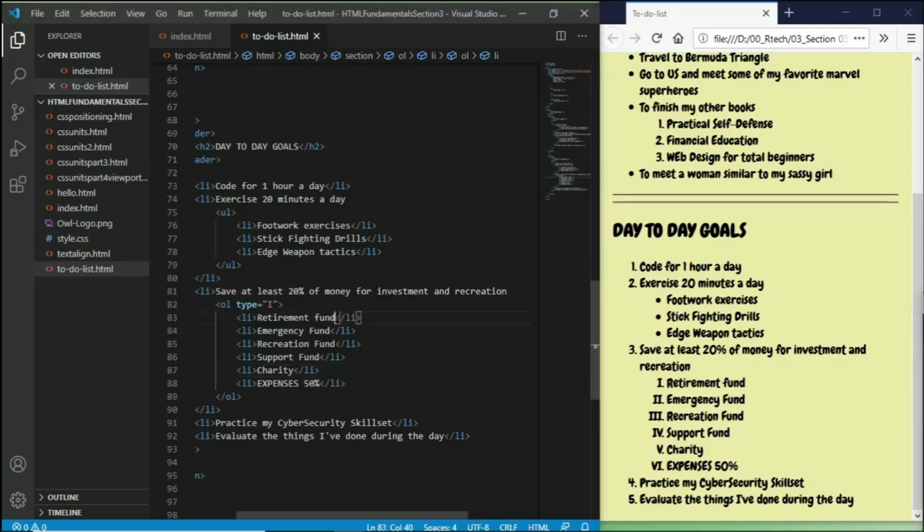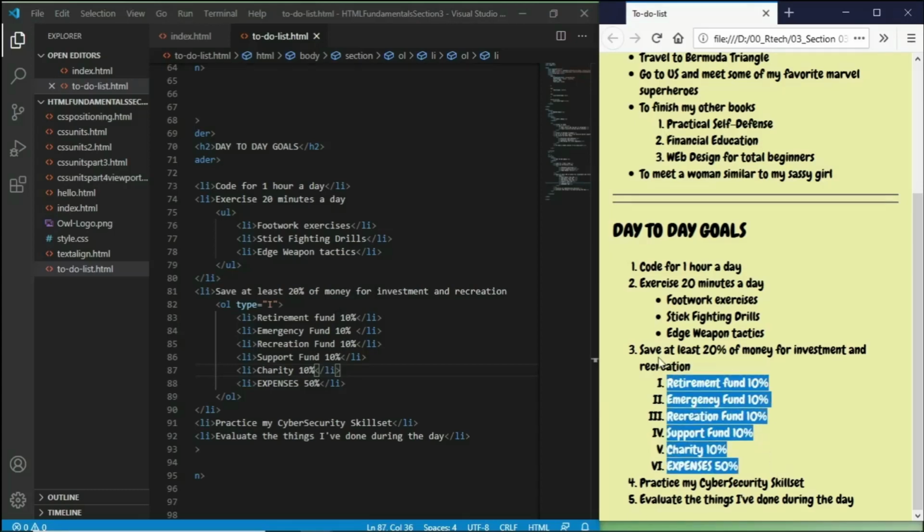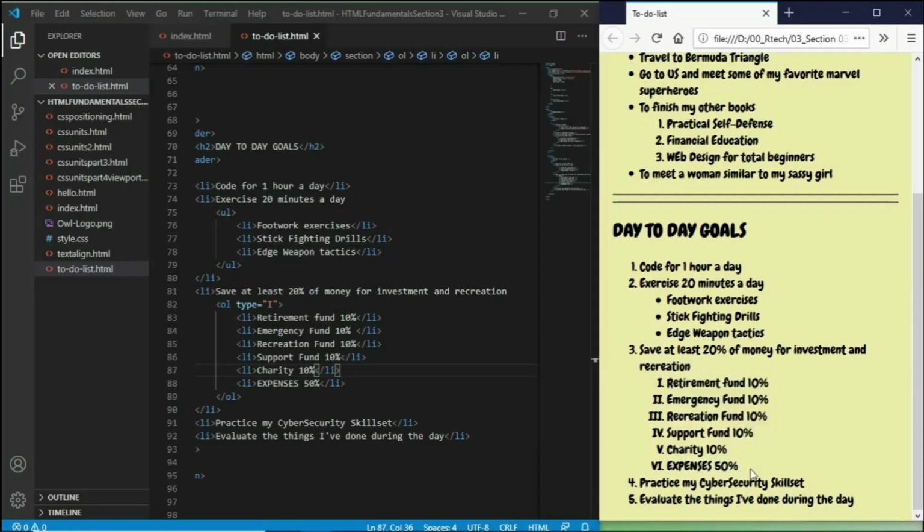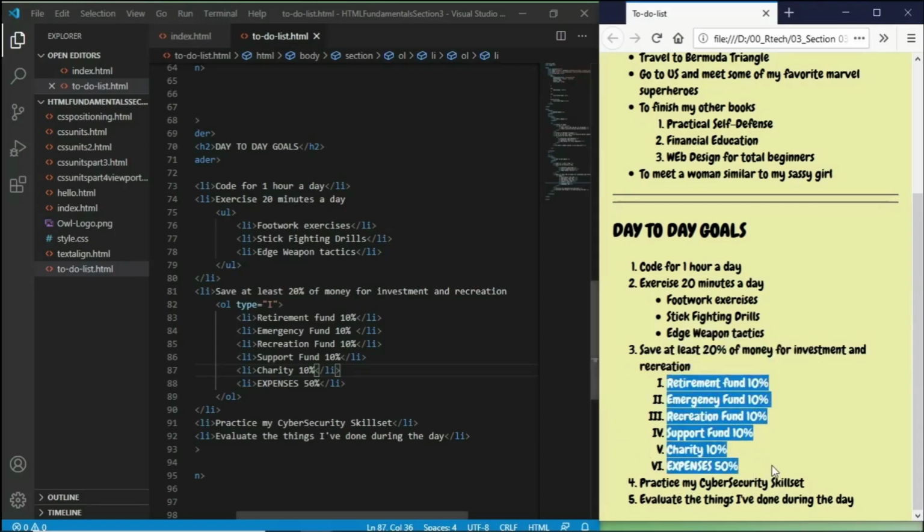So let me put here at least 10%, 10%, 10%, 10%, and 10%. Let's save that and let's see what will happen here. So you would see that we now have an ordered list inside of our ordered list here in our day-to-day goals. I'm hoping that you got the idea here, and I just wanted to share with you this income jar mentality that I got from T. Harv Eker,